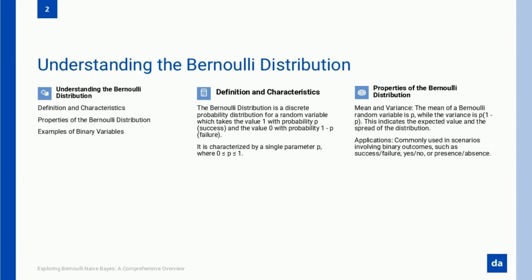Every symptom, every test result, every patient record can be broken down into one of two possibilities: present or absent, positive or negative, 1 or 0. Fever, yes or no. Cough, yes or no. Does the patient have the disease? Yes or no. This is the exact logic that powers Bernoulli Naive Bayes, the machine learning model that's transforming medical